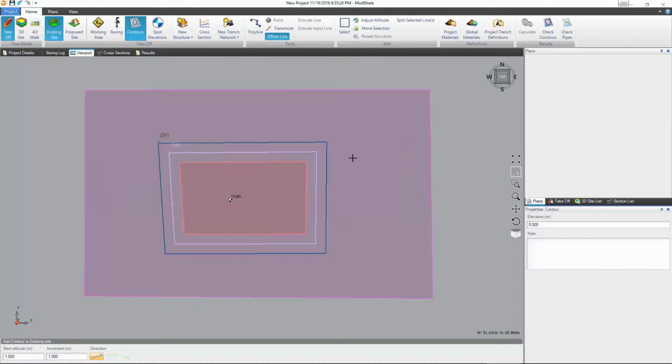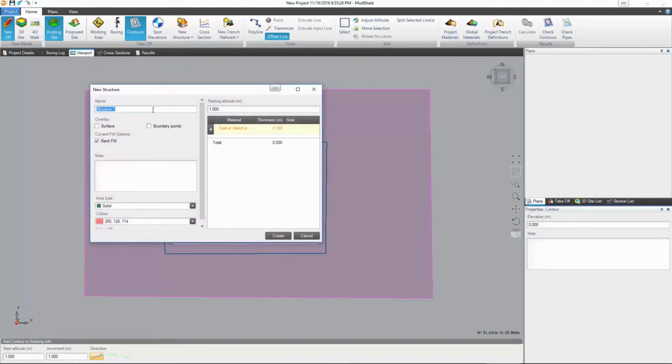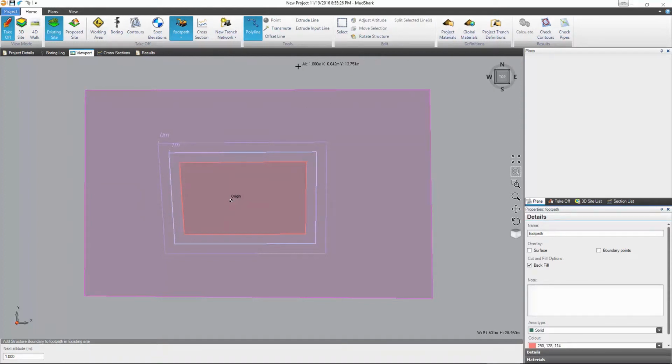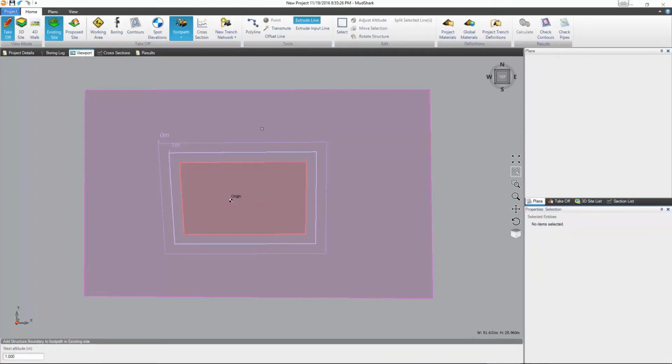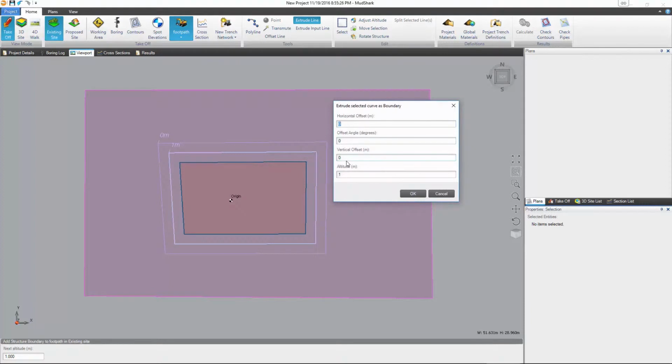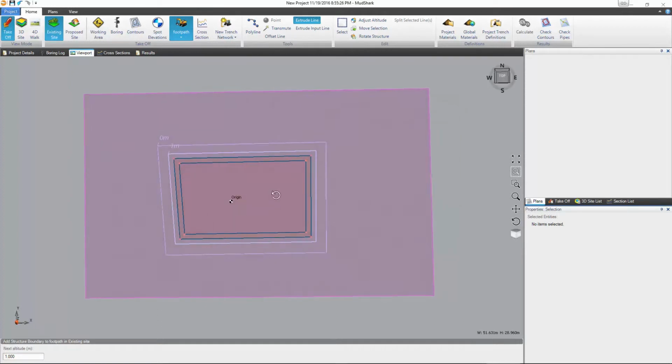Okay, so then let's say we want to put a footpath around the building that's half a meter off from the edge. What we can do is go in extrude line. Now what this does is it extrudes the selected line by the distance you give. So if I pick that, you can see we've got all the same options as with offset line, but let's say we're going to go half a meter out, and we'll go OK, and we've created a footpath around the